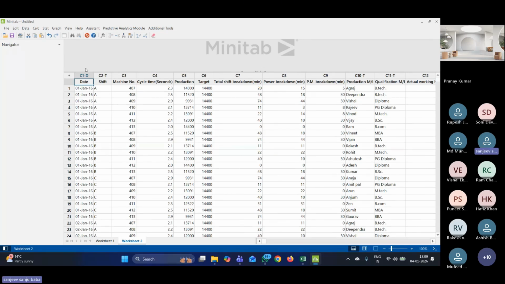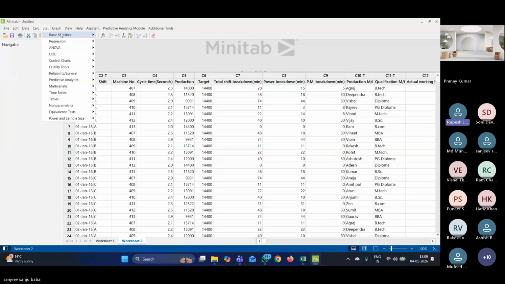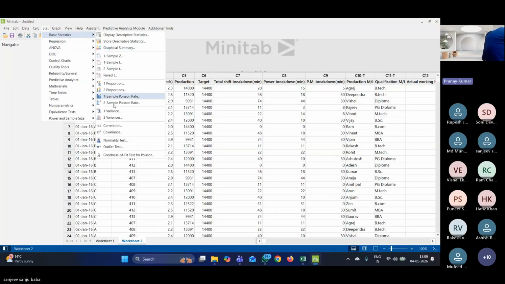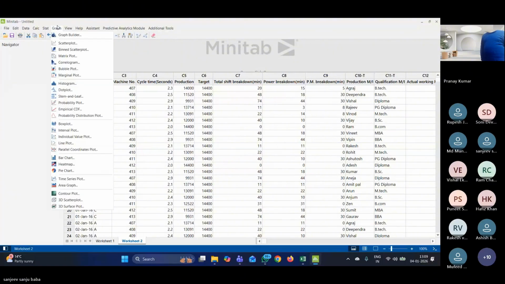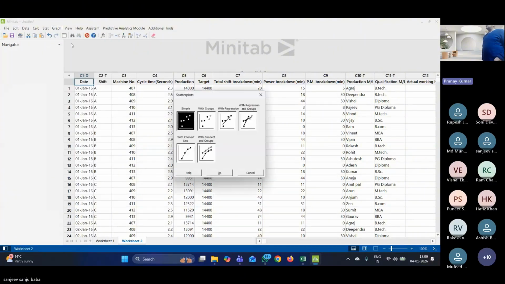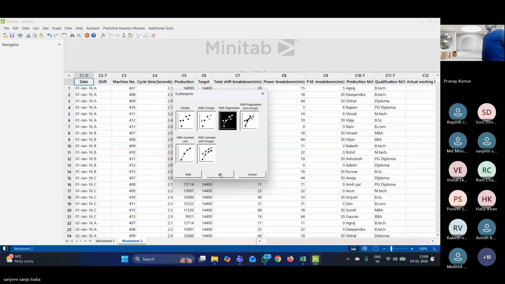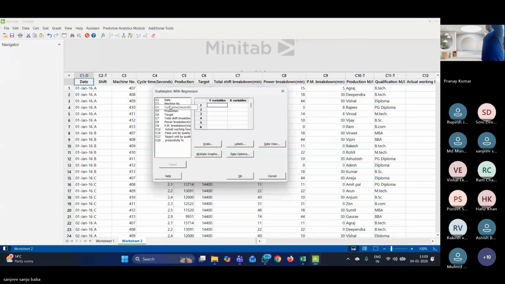राइट, स्टैट्स, ग्राफ्स। क्या करना है? स्कैटर करना है, कोरिलेशन करना है। पहले Y साइकिल टाइम, ठीक है। विद रिग्रेशन। साइकिल टाइम को डबल क्लिक कर।